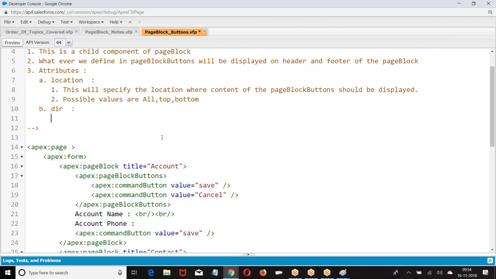Then we have dir. Specify direction in which content should be displayed.